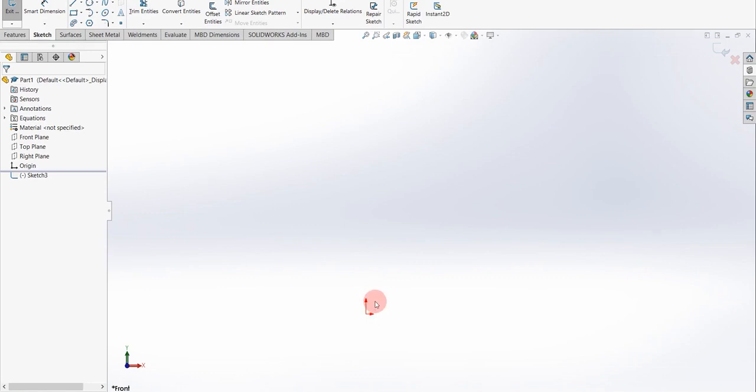I suggest that whenever you start the drawing, suppose there is a circle in your drawing at the top end of the drawing, you just select the circle and construct the circle using the origin as the center point of that circle.